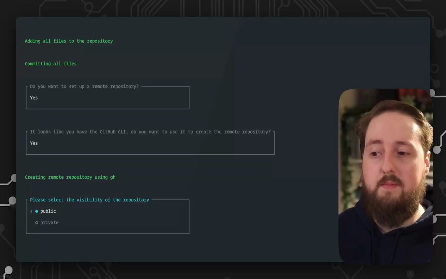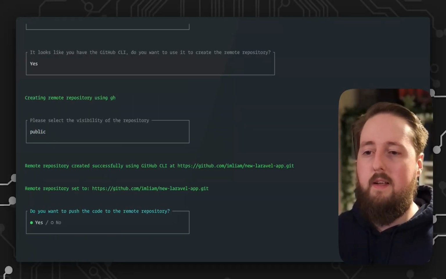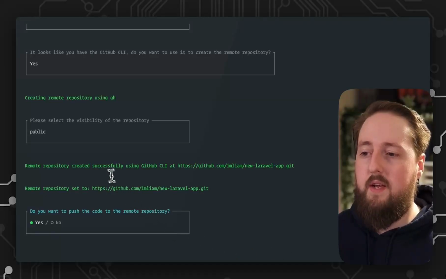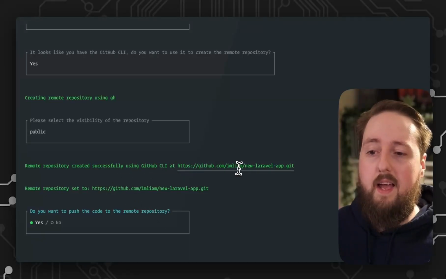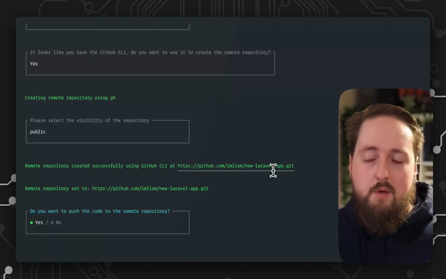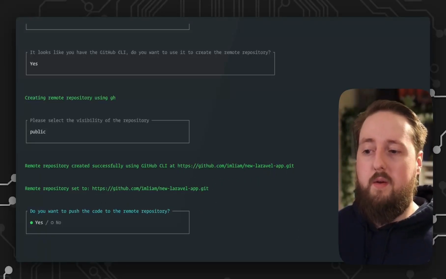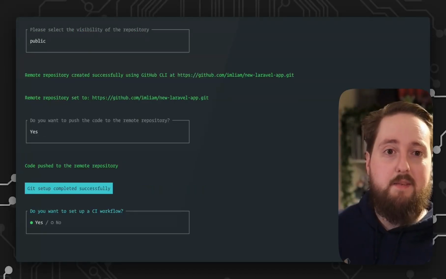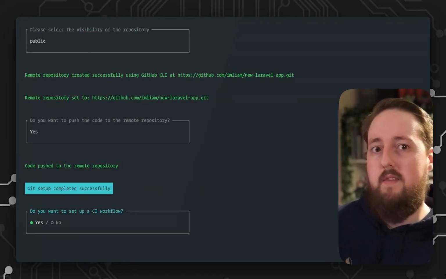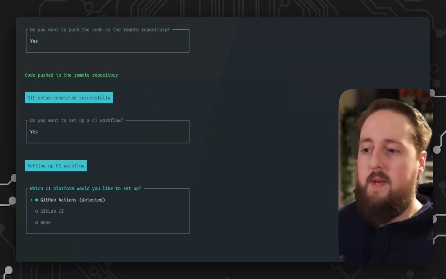It's going to ask me if I want it to be a public or private repo. I'll select public. And you can see it's gone and created a repo using the GitHub CLI at that URL. And it's also set up the remote origin to that as well. So now I can push the code to that remote repository. And that's the Git setup complete. The last thing that it does right now is set up a CI workflow. So if I come in here